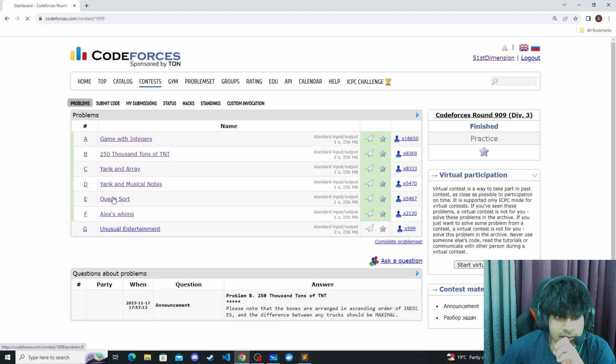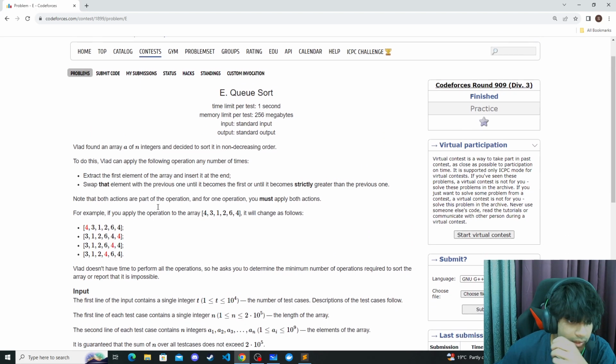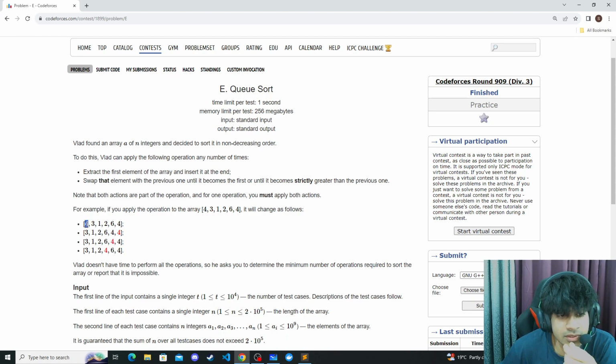Okay. Then E and F were easier than D, to be honest. This is again like a CB level problem, a simple problem. Take out the first element, put it at the back, keep doing that. Basically any element that is in the first position will go to the back and actually go to its sorted position. But